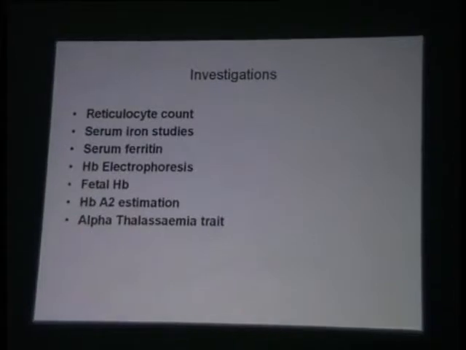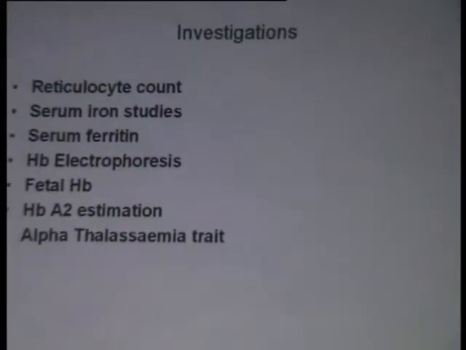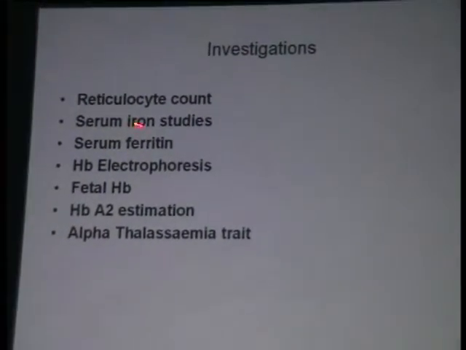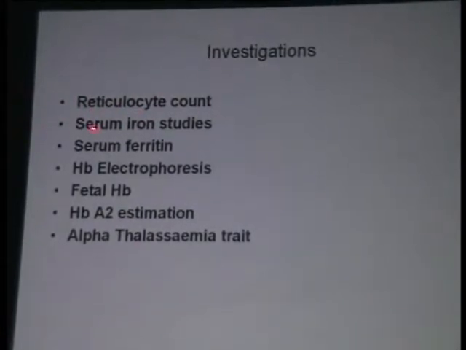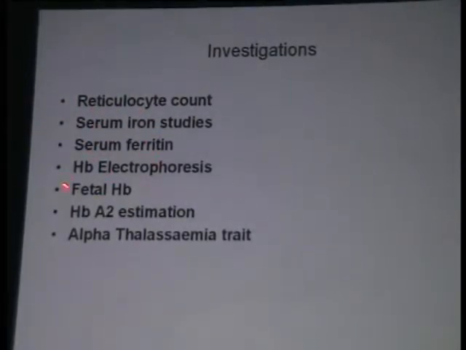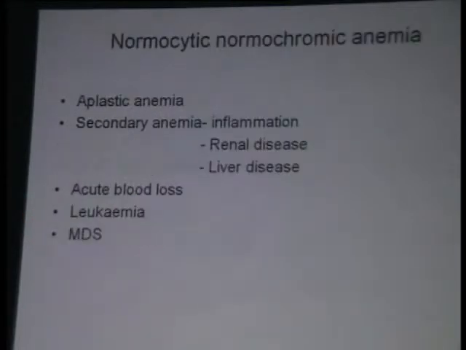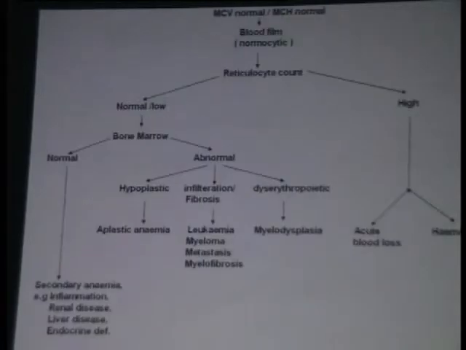Complications when you see a microcytic hypochromic blood picture or data. You would like to do the retic count, serum iron, ferritin, electrophoresis, fetal HB, HbA2, and to rule out alpha thalassemia trait. Coming to normocytic normochromic anemias, can be due to bone marrow, usually problem with the marrow, either failure or replacement, or can be due to certain dyserythropoietic anemias, and these are the reasons for normocytic normochromic anemias.